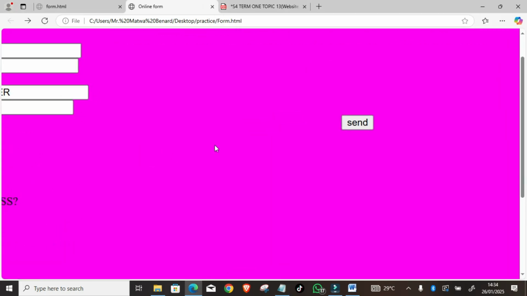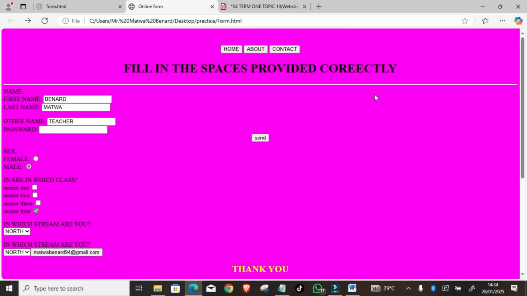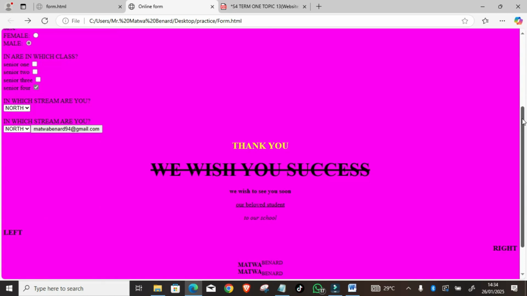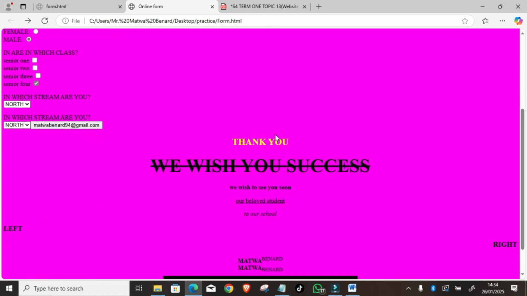So after here we have seen how to center align text, how to change the font color of the text, how to increase the size of the text, how to strike the text, how to bold the text, how to underline the text, how to italicize the text, how to left align the text, how to right align the text, how to put a superscript, how to put the subscript,